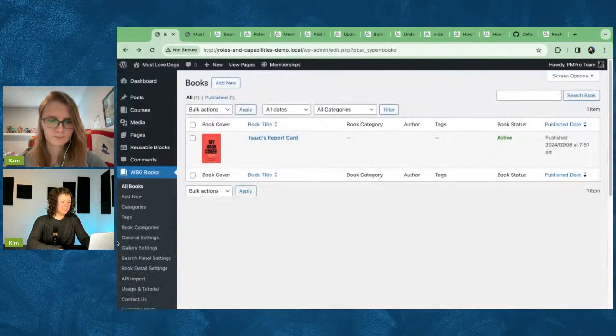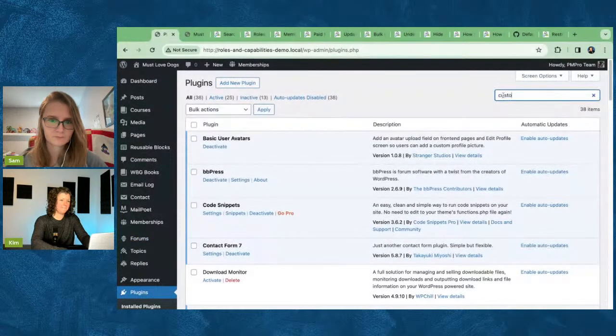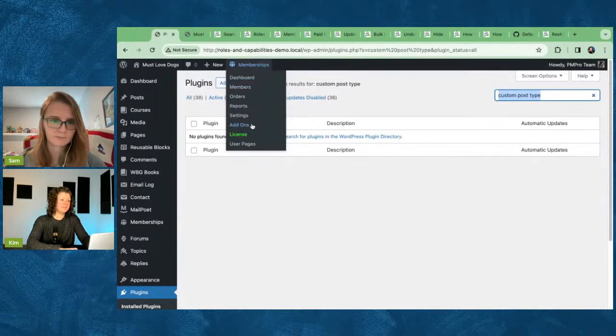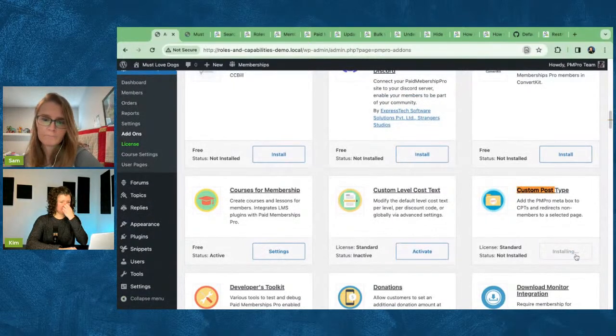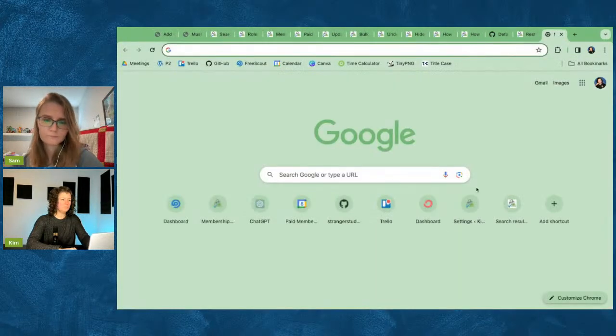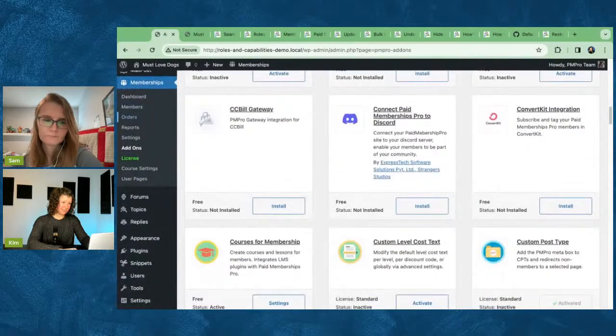So let's see if we add the CPT add-on, how that works. I didn't add it yet, did I? No, I'm ahead of myself. Memberships, add-ons. Jason says it looked like a warning, but it had a role-based warning, so I don't know if it's an incompatibility. Wrong button. Okay, now that this is active,